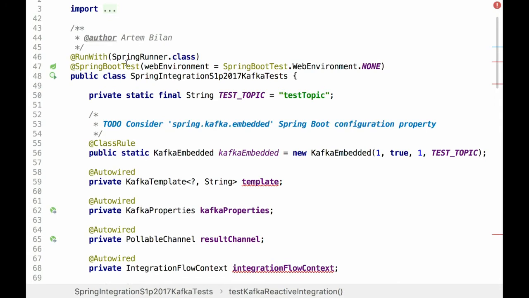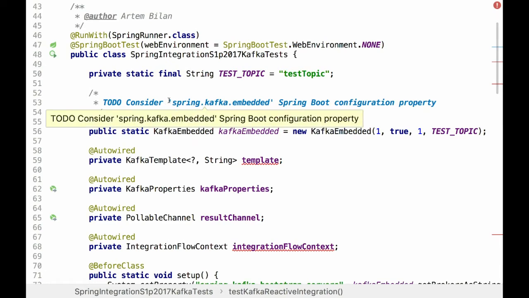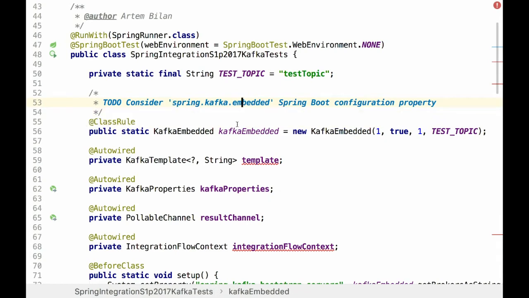It has its own auto configuration there. But at the same time, we don't have embedded Kafka support in Spring Boot, so I place a note for myself for future improvements. Kafka embedded is from the Spring Kafka project.